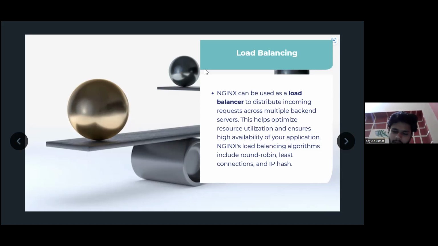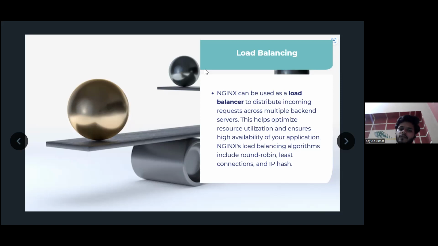So what will happen if we put something in the way of these requests before they reach the server, which can distribute the load between the servers? If we are using AWS EC2, it provides a load balancing feature itself, but when we are using Nginx, Nginx will do the work of the load balancer. Nginx will receive all the requests, and then it will route them to the respective server. Like if we take the example of Amazon, a user is trying to add a product into the cart,